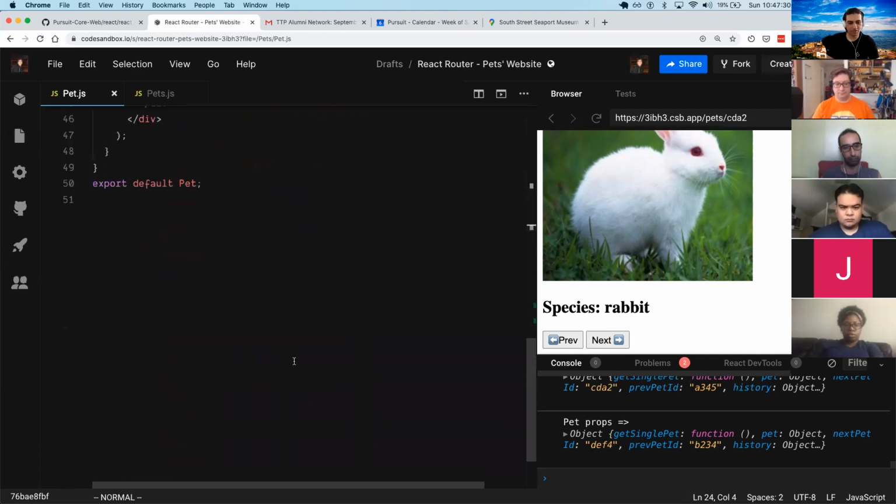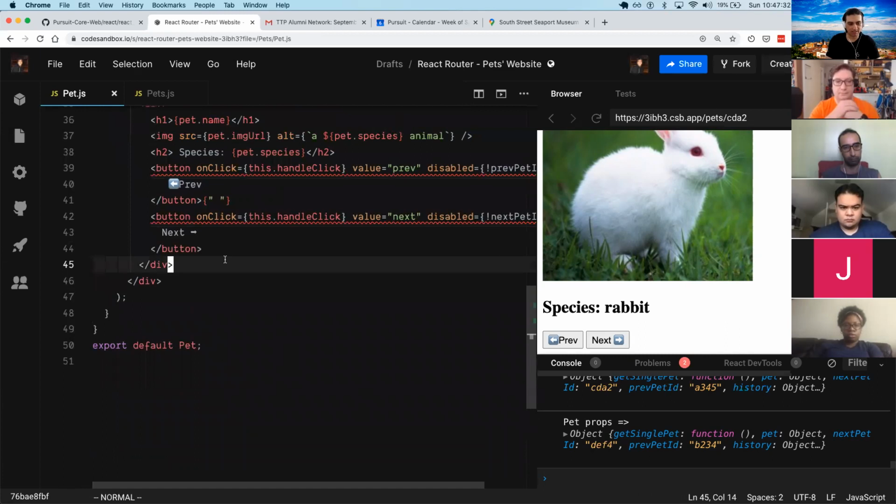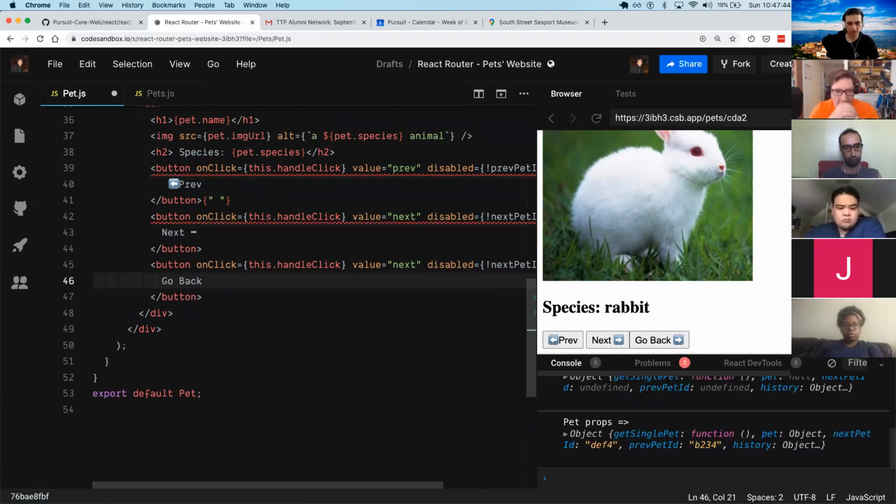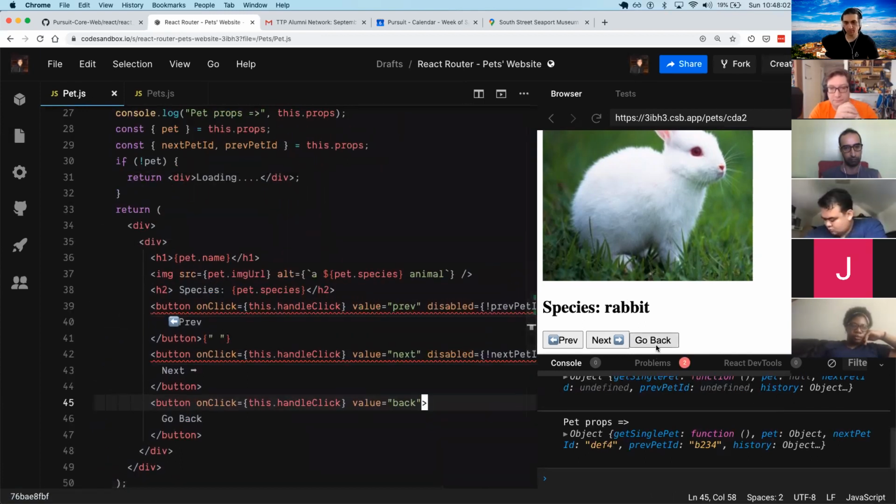Another idea that just came to mind, which I think will work exactly the same here: let's say we have another button, go back, for some reason. Should we put any value? It will work just like previous. Let's call it back. Let's remove this altogether. So we have this button, and if we want to go back,